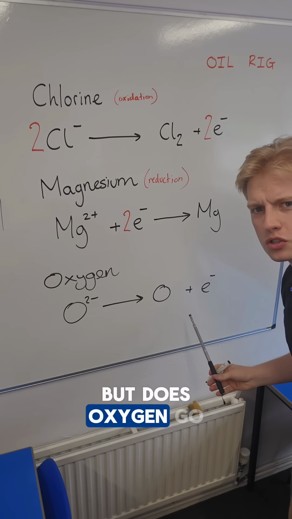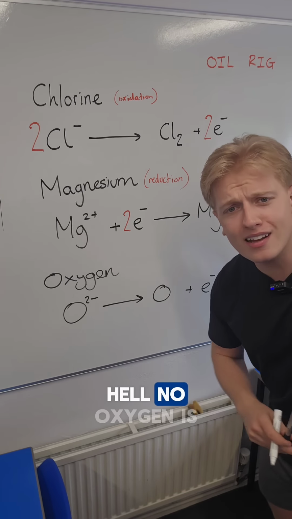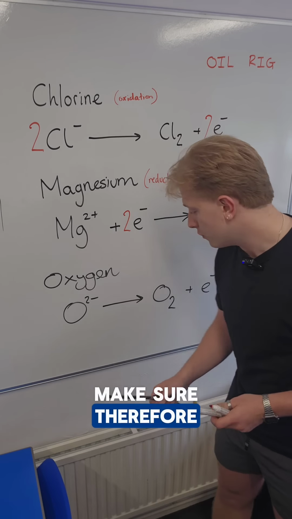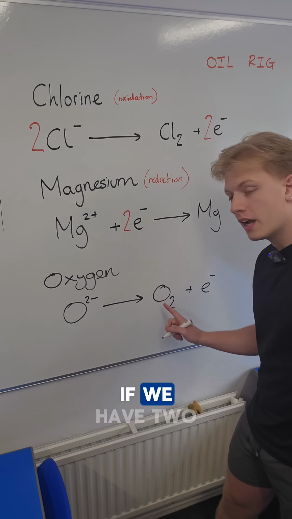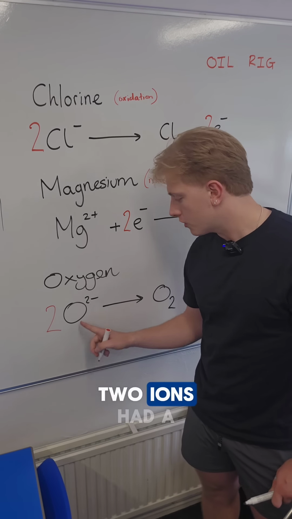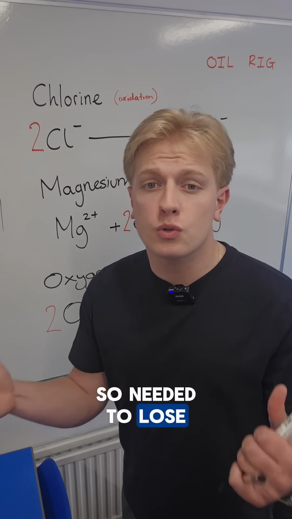But does oxygen go around as an O? Hell nah! Oxygen is diatomic as well. This would be O2. And you need to make sure, therefore, that this is balanced. If we have 2 atoms, we needed 2 ions. And each of these 2 ions had a 2 negative charge, so we needed to lose 2 electrons